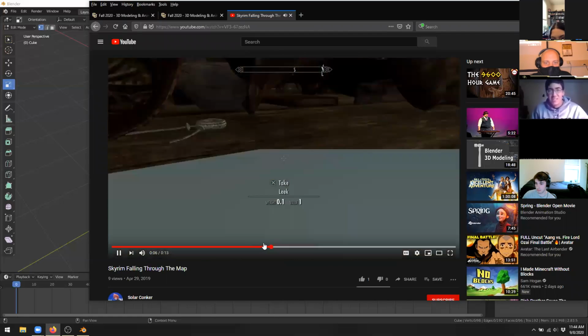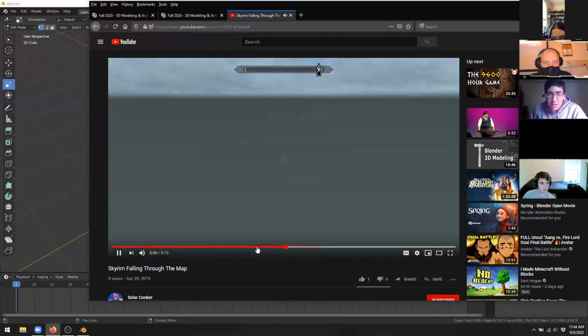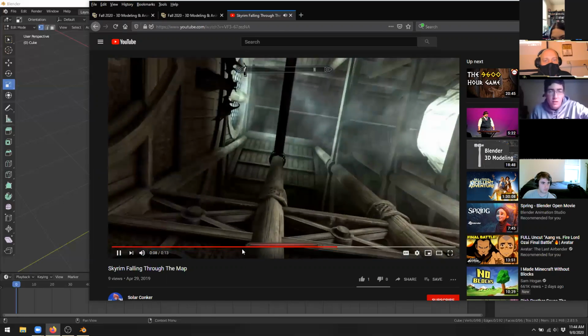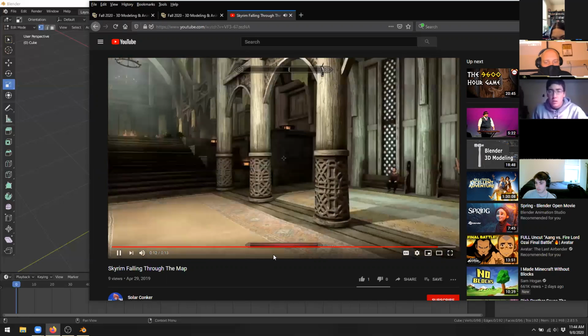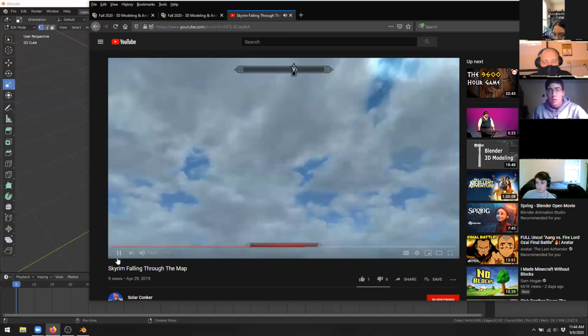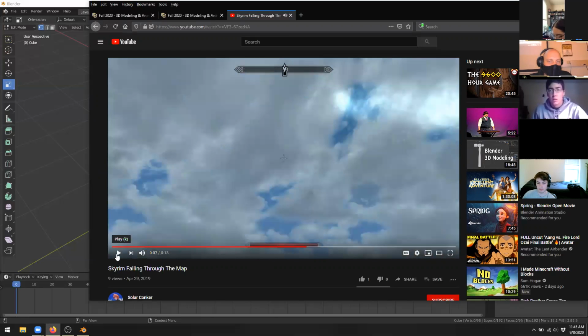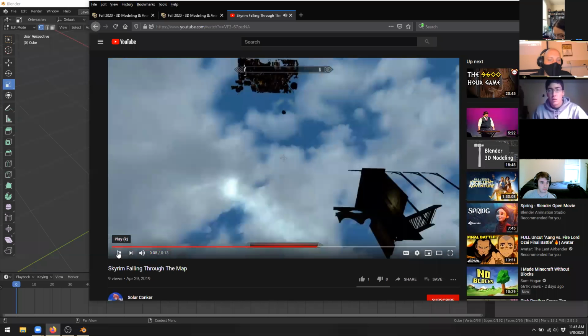All right, so something glitches out. There's a whole bunch of pots and pans. Fall through the map, looking up, and you notice for a brief moment, obviously it reset the character's position, but when he was falling through the map and looked up, you can see some of the objects,